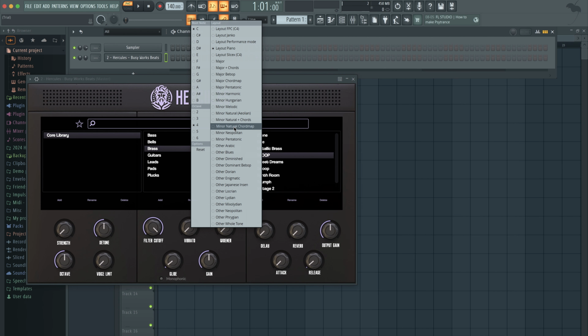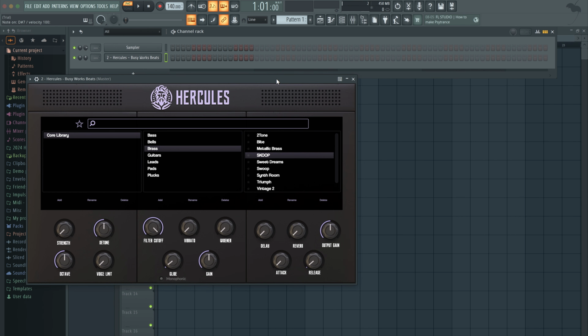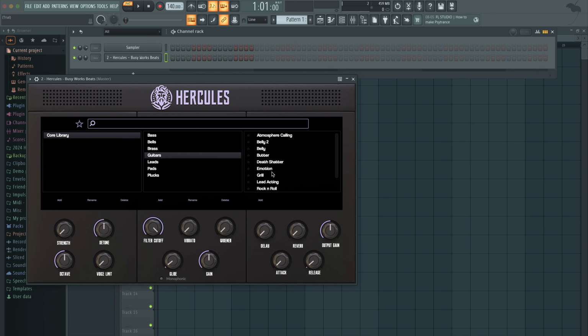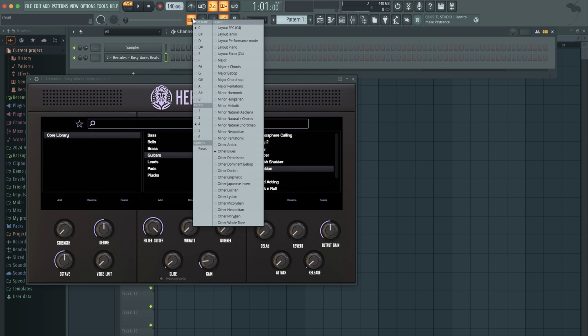So let's say I want to write in the minor pentatonic over a melody. I'll just right click. And let's say you want to do the blues scale to do a little blues riff. Let's grab a guitar. That was super loud, let me turn this down. And now we have the blues scale. Okay, so that's usually what I do to do stuff quickly, because playing that on a MIDI controller would be kind of difficult actually. So I use this sometimes for stuff that I can't really do on a MIDI controller.